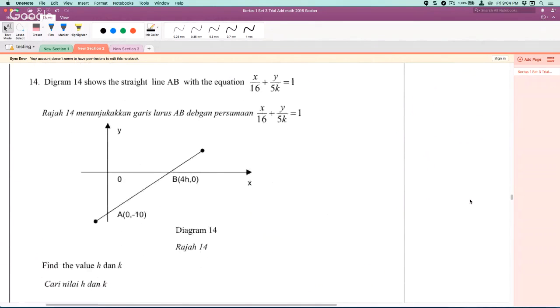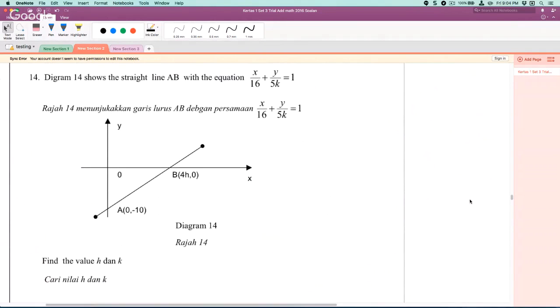Okay, so for question 14, you know this is intercept form. What's the meaning of intercept form is